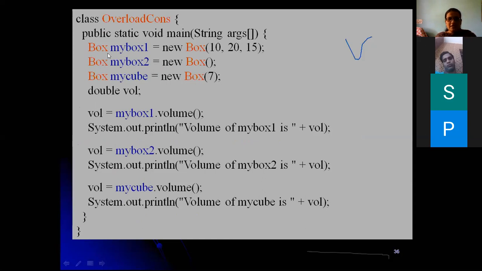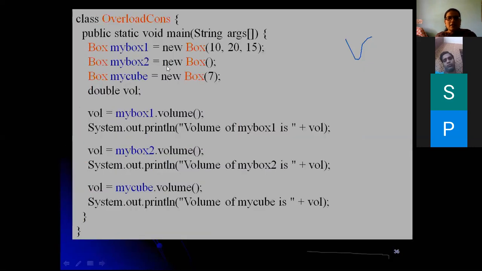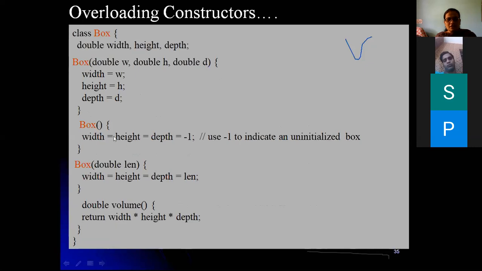And here you can see that we have created three different objects. myBox1 is calling a parameterized constructor, that is the first parameterized constructor. myBox2 is calling the default constructor, and all three variables get assigned -1.